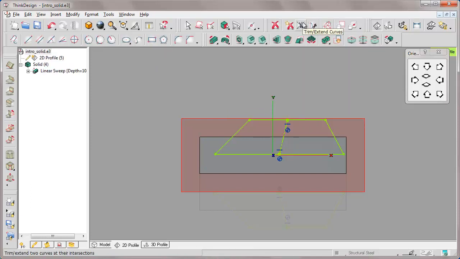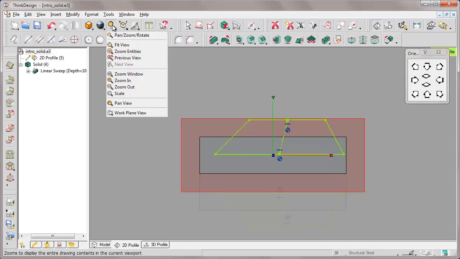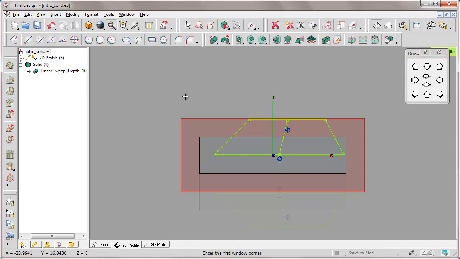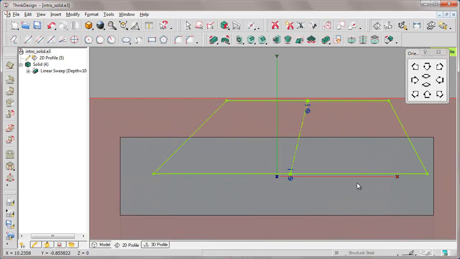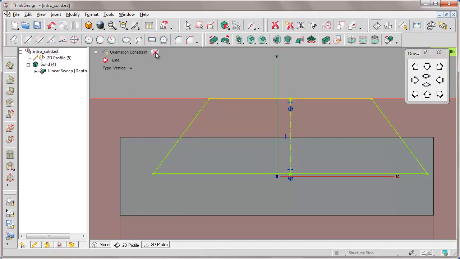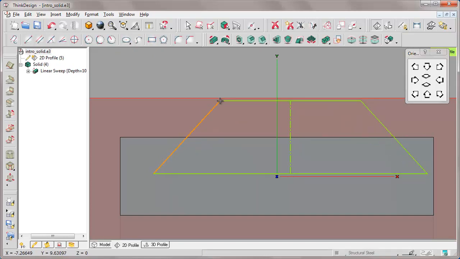It's an angled line, that's why we add a geometric constraint of orientation, and we fix verticality for this line. In this way, we have entered a symmetry condition. By moving an element on the left, the same element on the right moves in correspondence.